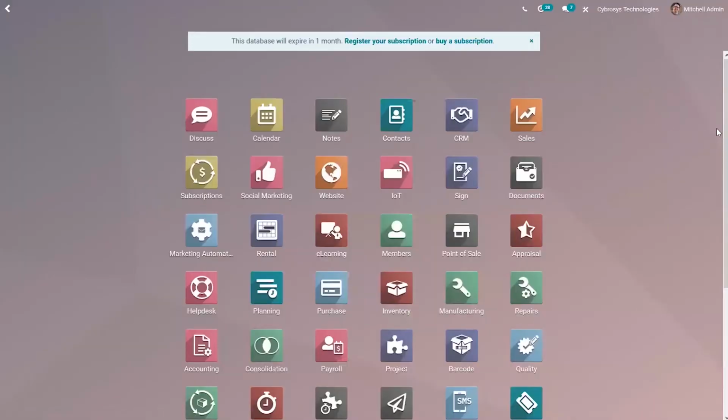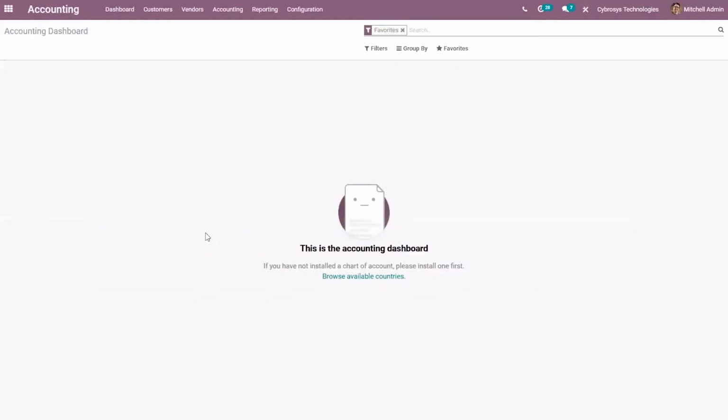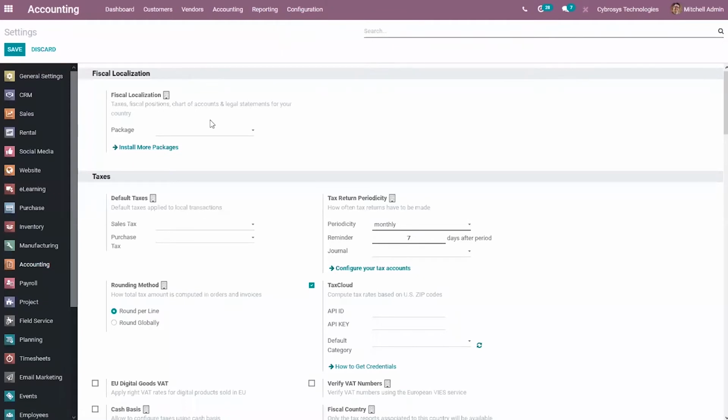Okay, so after that you can go to the accounting module, and here we can go to settings. There we can set the fiscal localization.